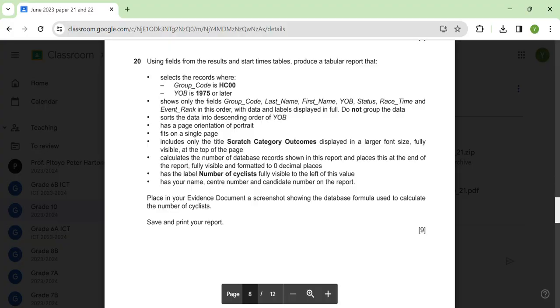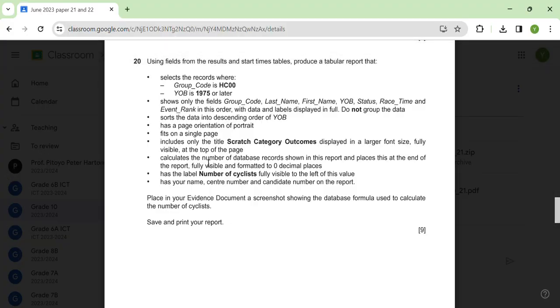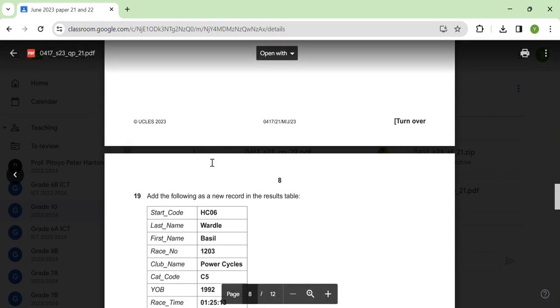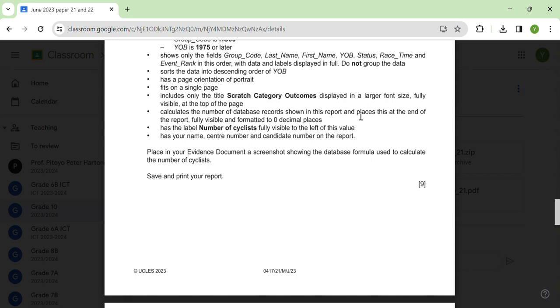And then after that, calculate the number of database records shown in the report and place this at the end of the report fully visible and formatted to zero decimal place and has the label number of cyclists. Okay,